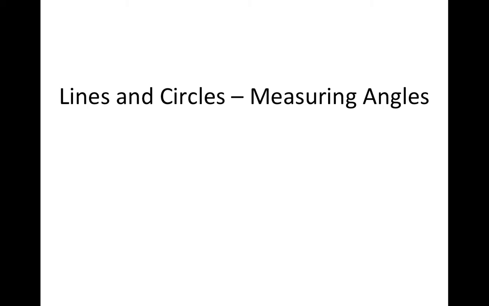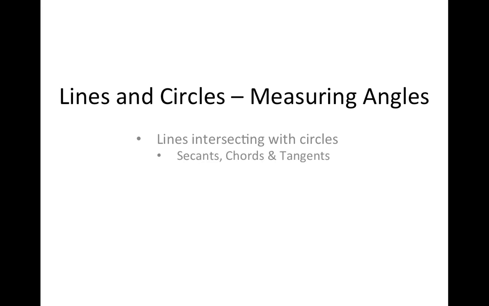Today's lesson is on lines and circles and measuring the angles that are caused by pairs of lines interacting with circles. We're going to start by talking about individual lines intersecting with circles and how those lines are either secants, chords, or tangents depending on where they are in relation to the circle. Then we're going to talk about pairs of lines and see how the intersection of those lines is a point,